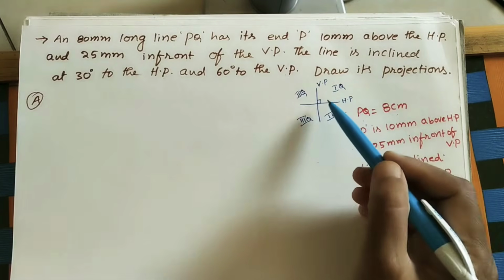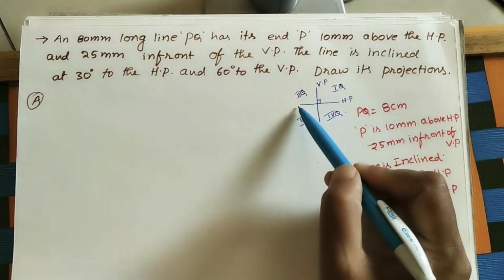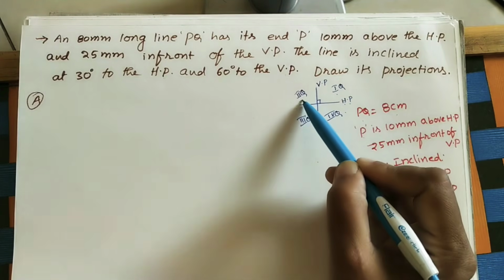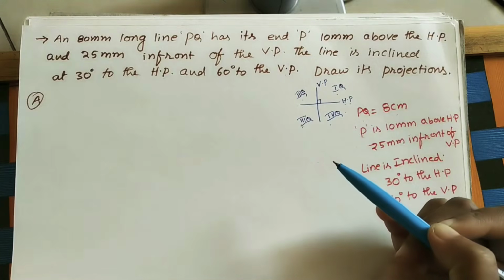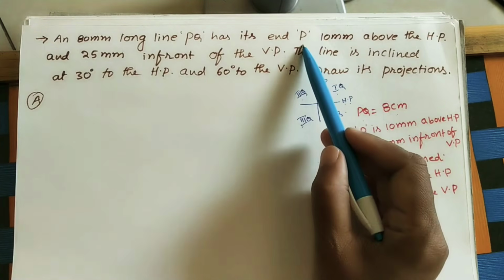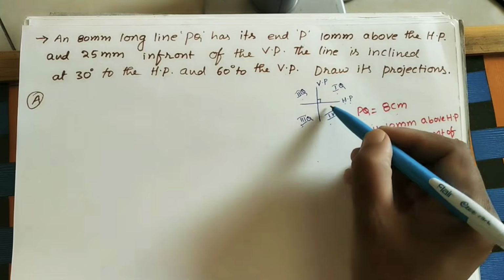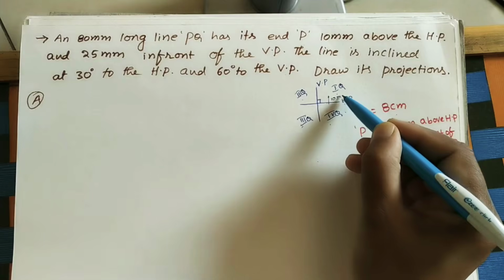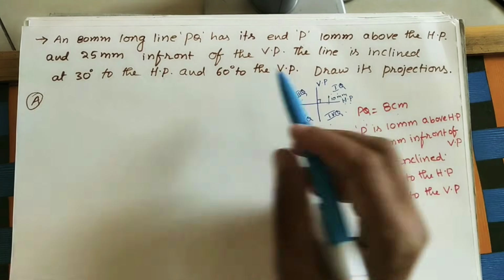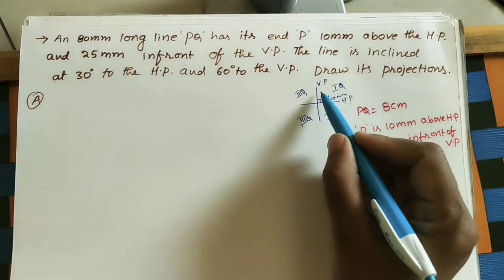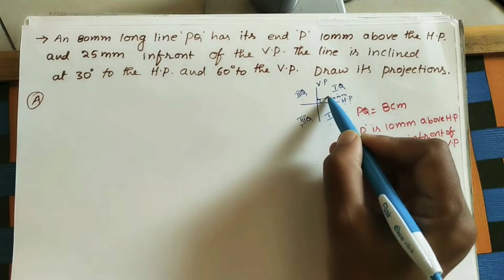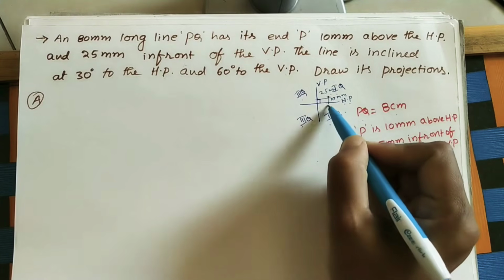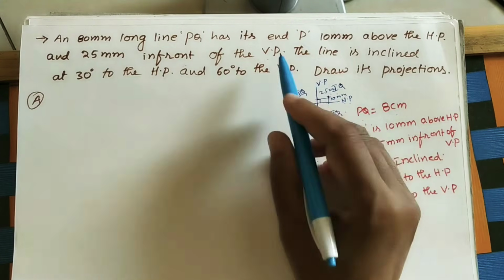You know, in this graph, this is the vertical plane, VP, we are writing. This is the horizontal plane, HP, we are writing. This portion is the first quadrant. This is the second quadrant, third quadrant, fourth quadrant. So if you see, the position of P is 10 mm above HP. So this is the horizontal plane. It is 10 mm above HP. Let us take this as 10 mm, or 1 centimeter above HP. And then 25 mm in front of VP. So this is VP. This gap from this point is 25 mm. This is 25 mm in front of VP, 10 mm above HP. This is P. So this line will start from P.